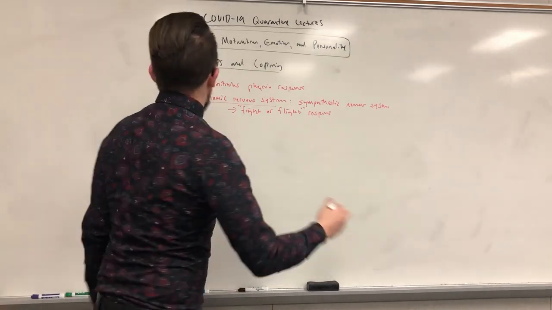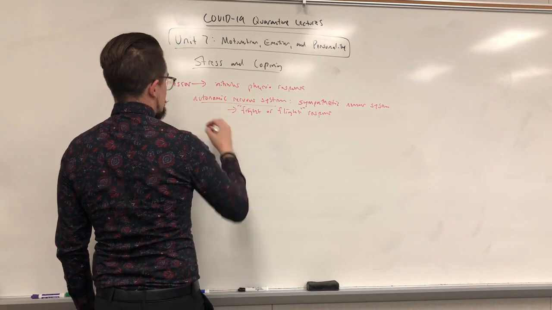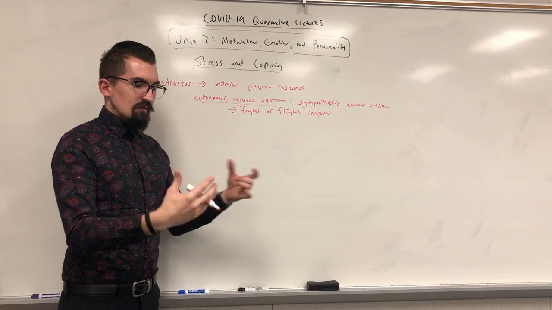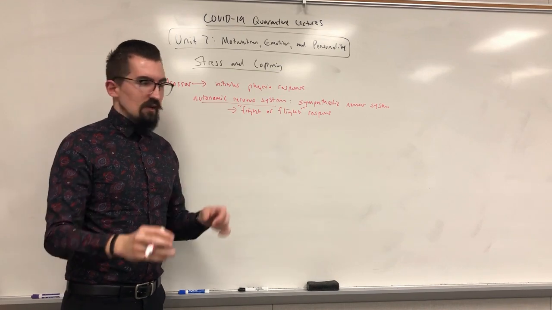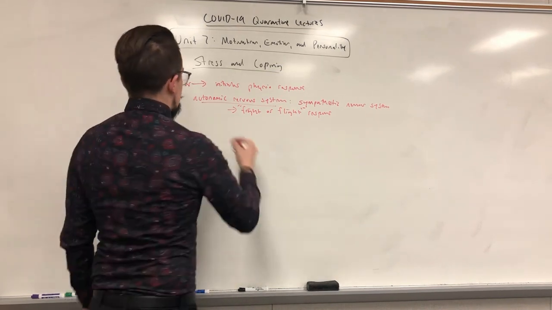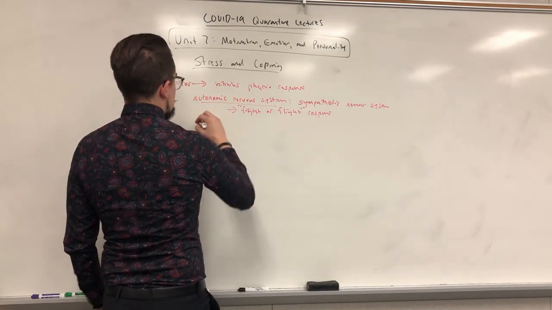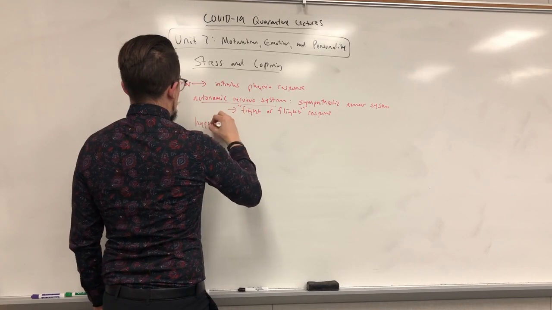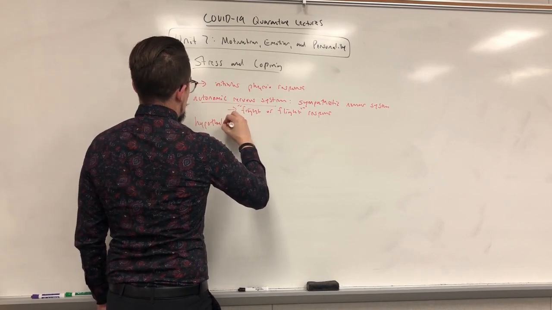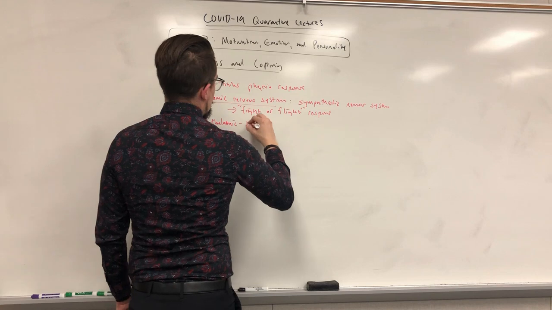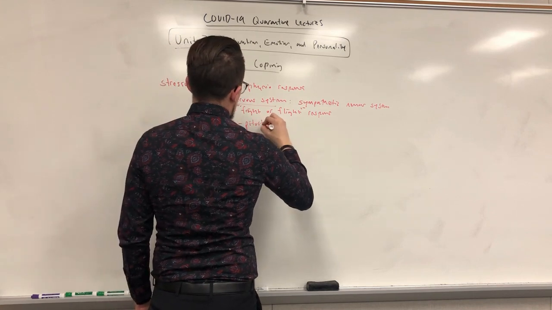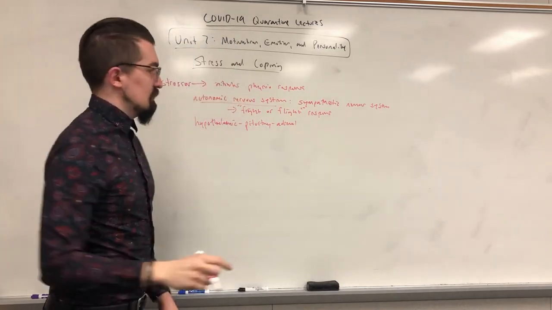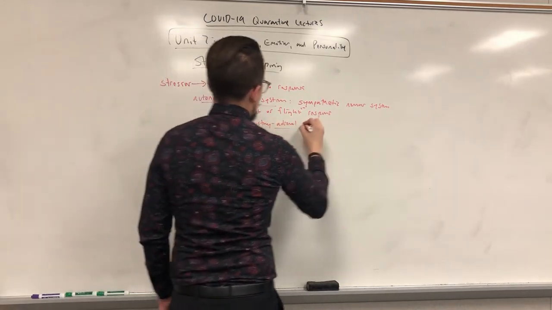And then number two, you're going to have another response that's a little more delayed, because this is a more endocrine pathway, so it's a little slower, but it's still quick enough. This is called the HPA axis. So that's going to be your hypothalamic, pituitary, adrenal. I don't think it's adrenal, but it definitely has to do with your adrenaline. Or HPA,